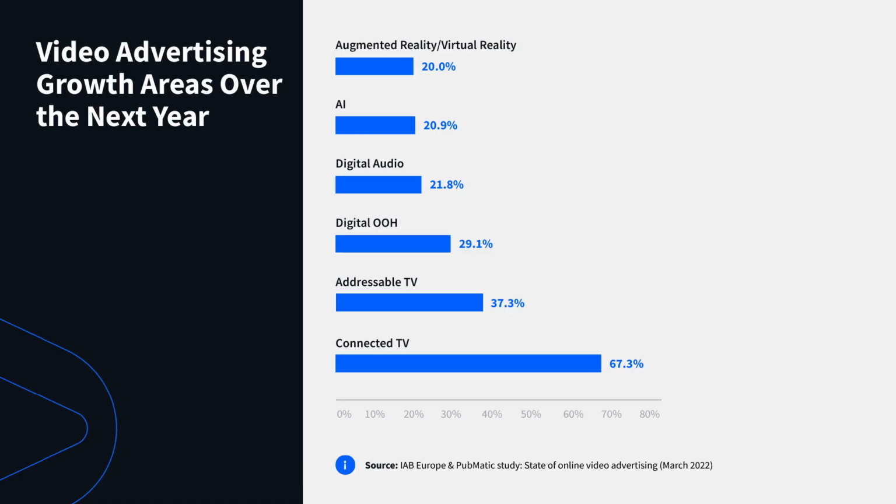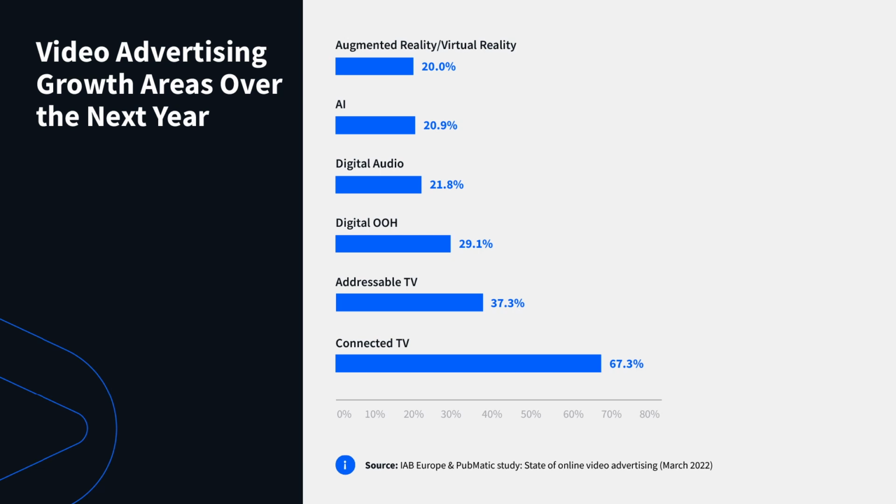So to build on that, we're going to talk about video advertising growth areas over the next year. At the very top, we have augmented reality or virtual reality at 20% growth. Following that, next year, we're seeing a trend of AI coming in around 20.9%. Digital audio at 21.8% in terms of growth. Digital out of home,